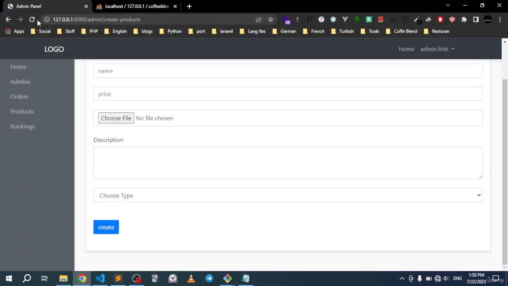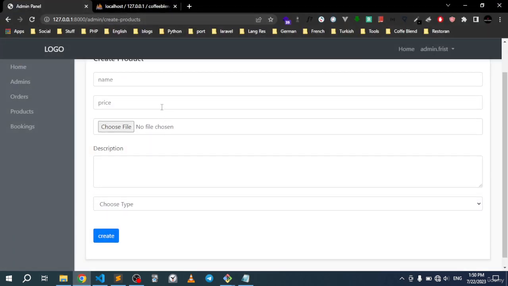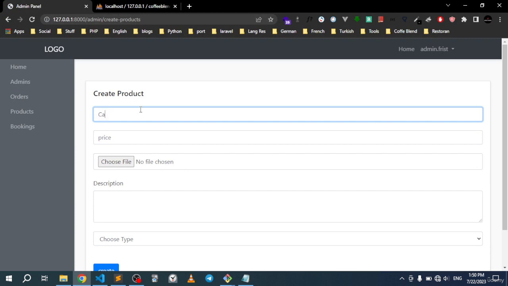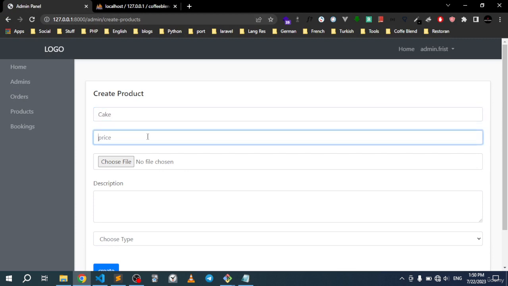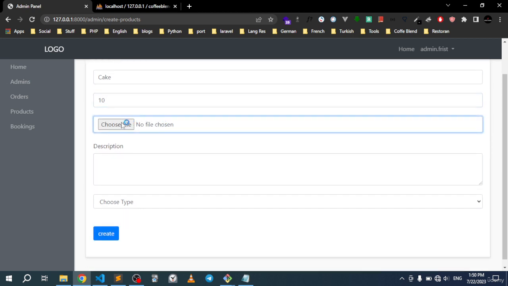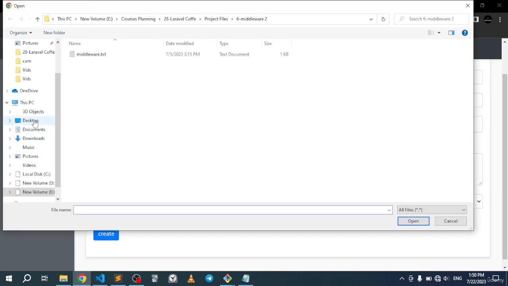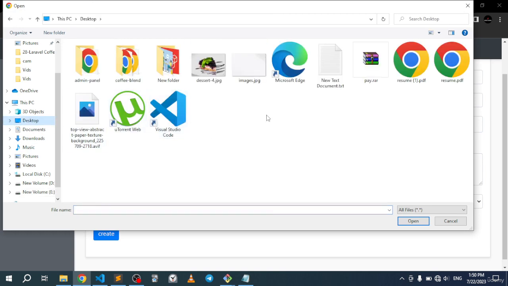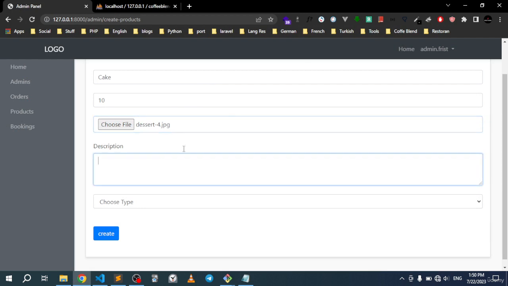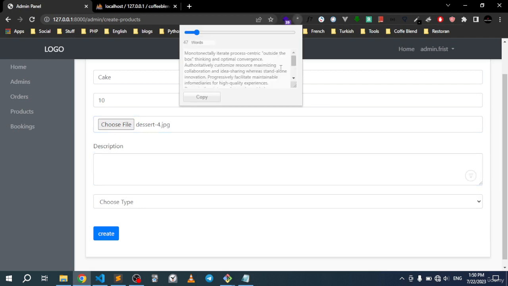So again, let's go ahead and refresh this. Let's now try to type the name for this. So this will be cake, for example. The price is going to be like $10, and the image, let's go ahead and grab it from the desktop where I put it. All right, so now if we go to desktop, there it is, desert-4.jpg. So the description, let's grab any kind of fake text,